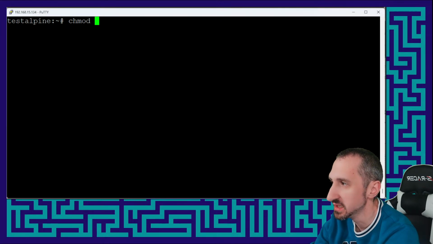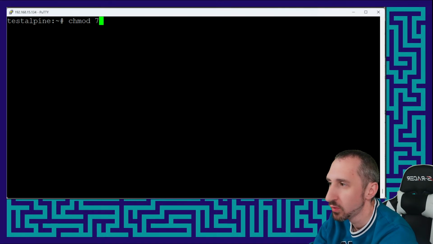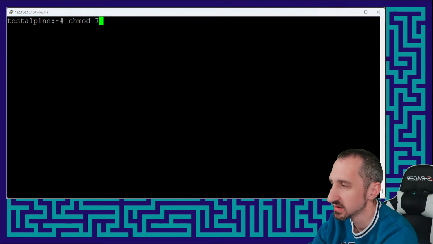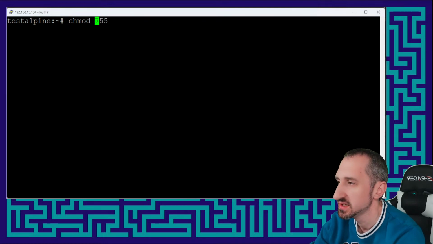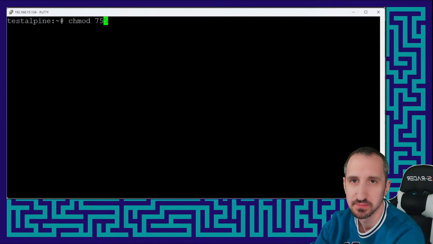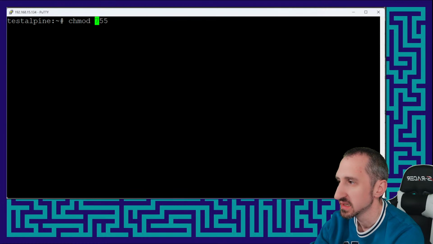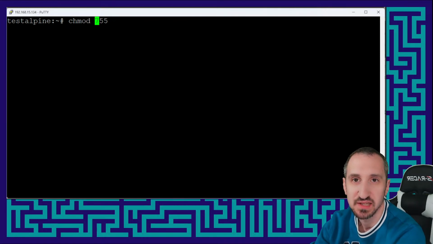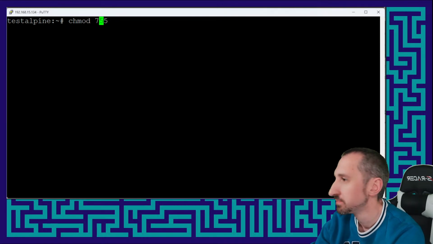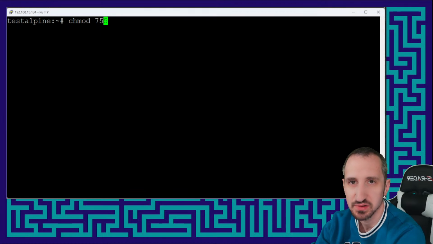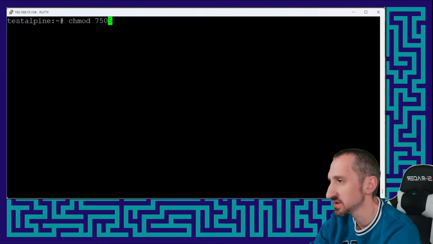So chmod, and then you would put in what number you want to do here. So 7 is, so it's user, group, and then everyone else. So that's what the numbers mean. And 7 means that there's full access. 5 means that there's read and execute. And 5, of course, again, means read and execute. So that means anybody can see it. But we could also do